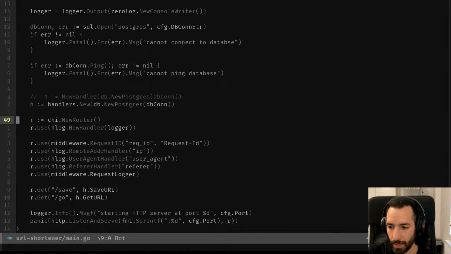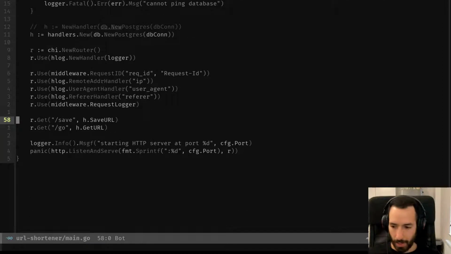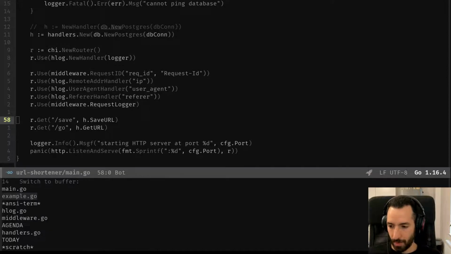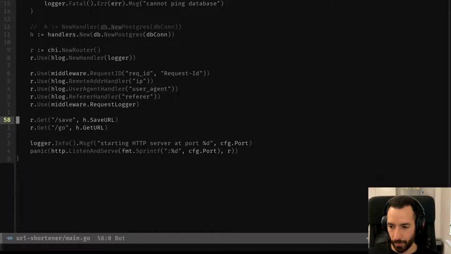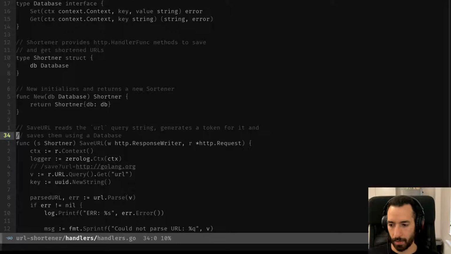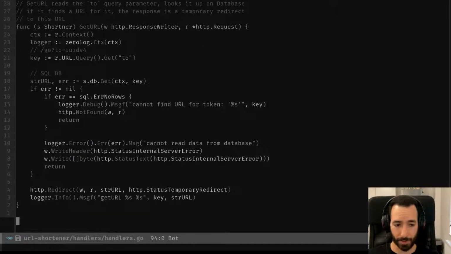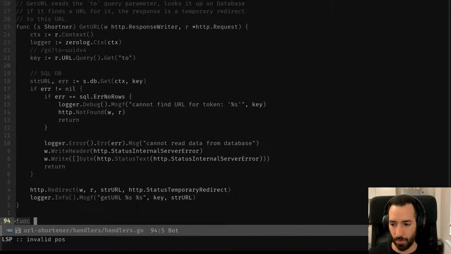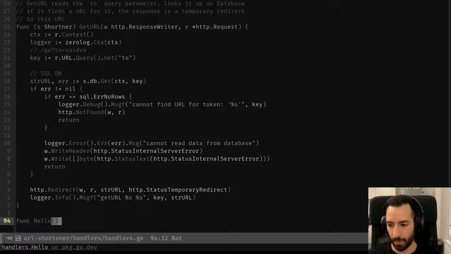Okay, we cleaned up our route. So we only have saving goal. And I want another route. I'm gonna create a new handler because I just want to be able to actually call the application to see if the HTTP handler is working. So I'll just do a func hello, and hello is gonna be a HTTP handler func